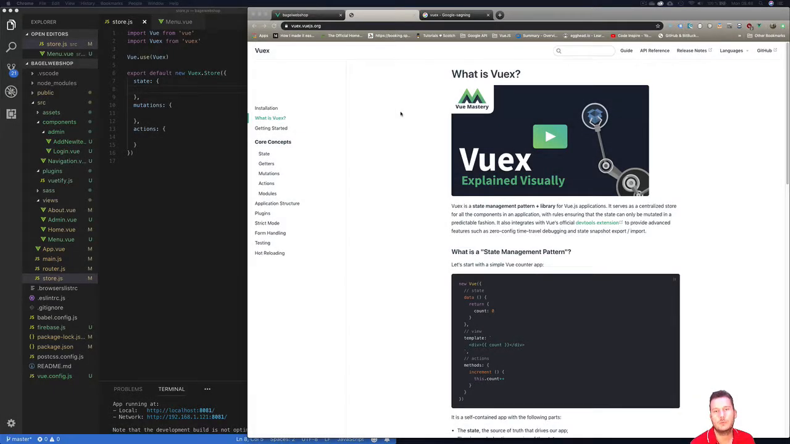In the coming videos, we'll be working with Vuex and seeing how we can use this to control our data and manipulate the data we have in our project. Now, if you want to learn a little bit more about it, other than what I'm telling you, of course, and I recommend you to do this, go to